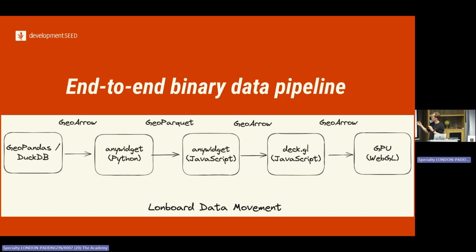And so anywidget is a Python and JavaScript library that manages the Jupyter data transfer for us. It wraps the Jupyter WebSocket that the low-level Jupyter primitives provide. So we take some input format like GeoPandas or DuckDB. We try to integrate with whatever data sources and data libraries users are already working with, and under the hood convert that into the GeoArrow format, and then copy that to GeoParquet, because we don't know from